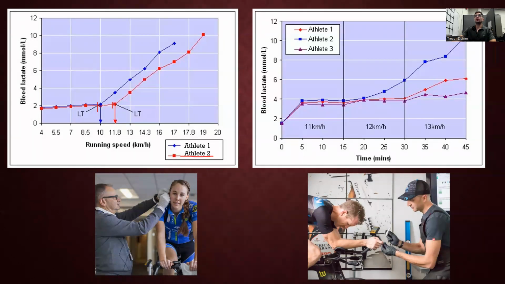In order for athlete 1 to get to that same race pace, to get to 11.7, they have to be producing a lot more lactate and a lot more acidosis, which is going to cause them to fatigue more quickly. Same thing we're seeing here in terms of time. They're running at a specific pace. Athlete 1 is in the middle here, athlete 3 in the bottom, athlete 2, again, is the most